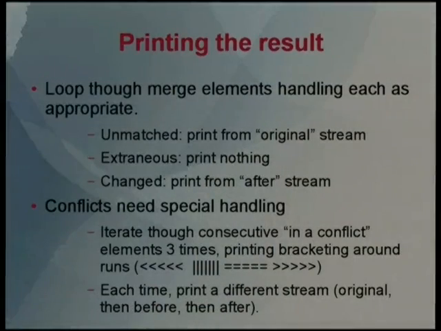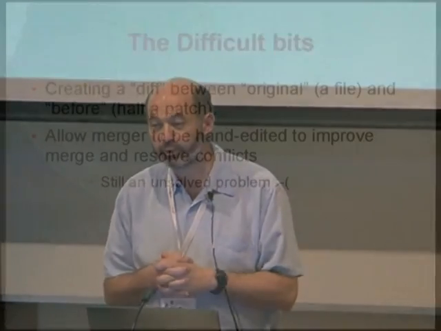So I've got a bit of a test suite to test out any changes to see if they make anything look really horrible. And so I mark all of those, mark a whole range of merge points as in conflict, and then I can handle them differently and sort of go backwards and forwards to do that. And then just print it out. So loop through the list. For each different type of merger point, it's obvious really what to print out. And when you get to a range of points that are in conflict, you have to print the whole set 3 times. First you print the bits that were before, and then the original, then before, then after. But there are difficult bits, so those are the easy bits.